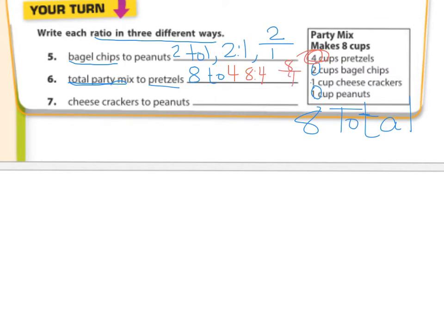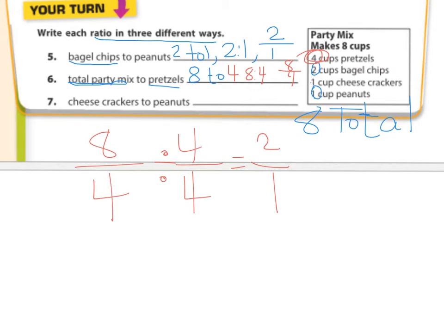Now I'm looking at this, and I'm like, you know what? 8 and 4 have a common factor that we could simplify by. If you have 8 to 4, write this down. What can you simplify that by? They have a common factor of 4. So we could also write that that is 2 to 1. So for every 2 cups of the party mix that you have, there's going to be 1